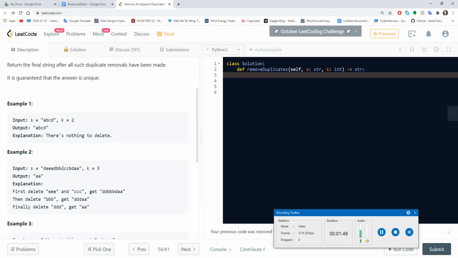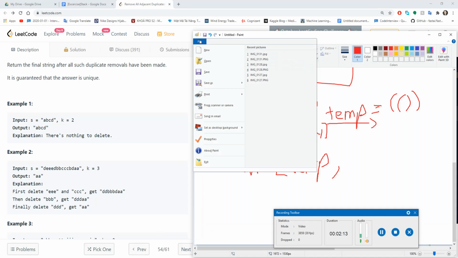And after that, when the letter C is destroyed and the letter B is close together, we need to destroy them. And the same with the letter D. It means we output the letter A only. And my solution is